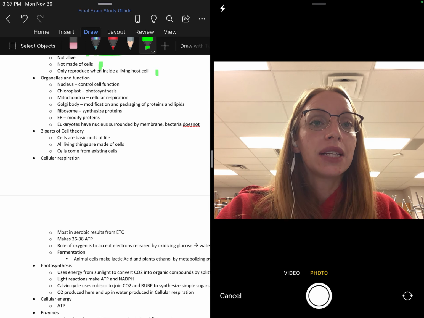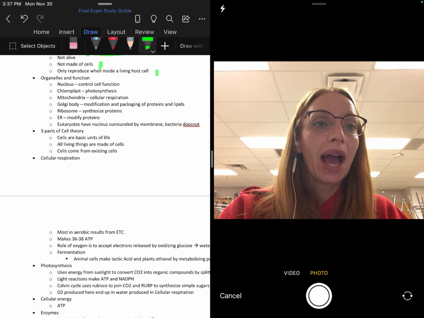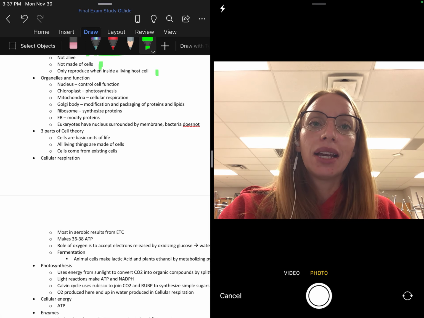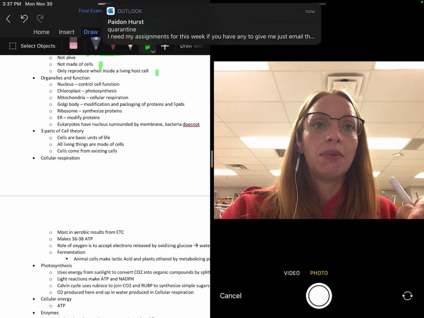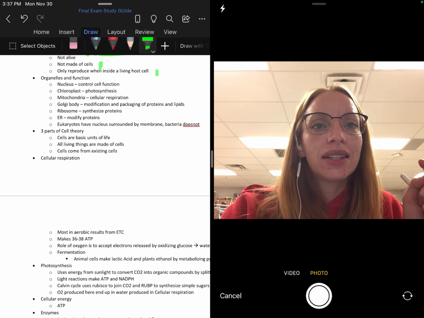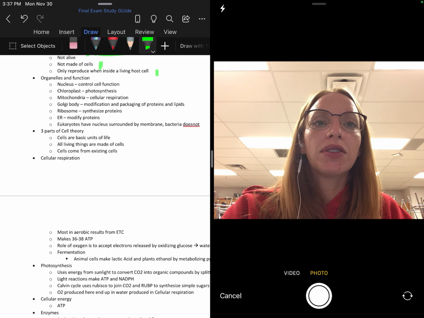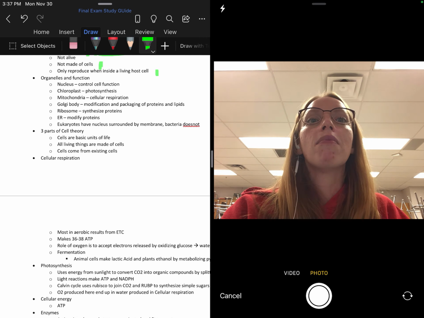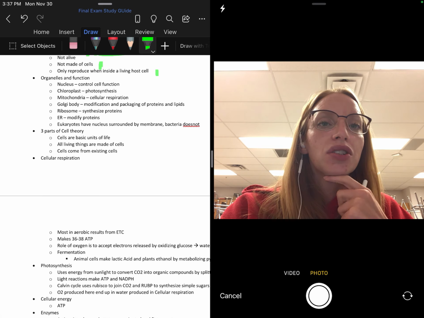The Golgi body is responsible for modifying and packaging proteins and lipids, because you've got a question about proteins too, so you need to pay attention to that. Oops. Where was I at? Golgi body; ribosome synthesizes proteins, ER modifies proteins. And another question about